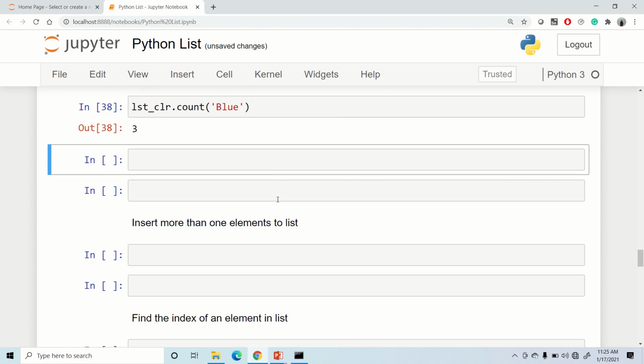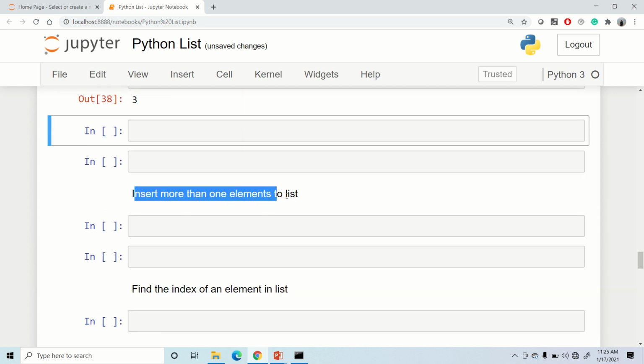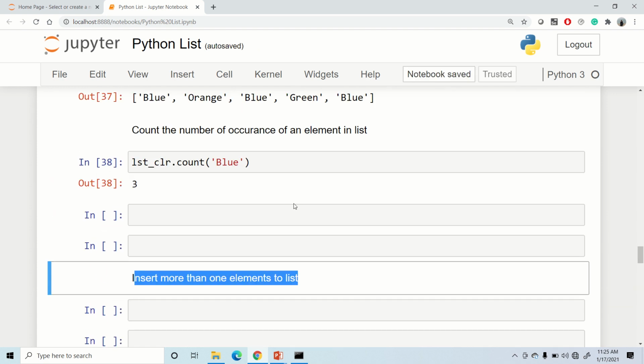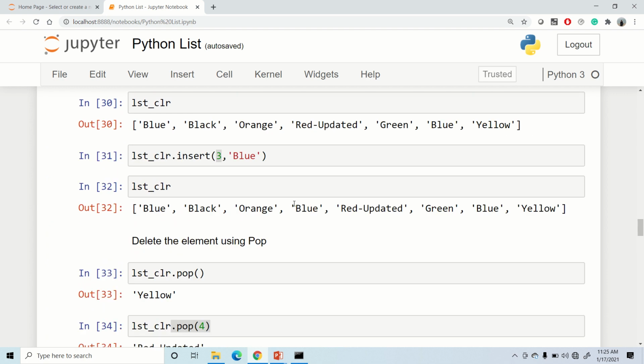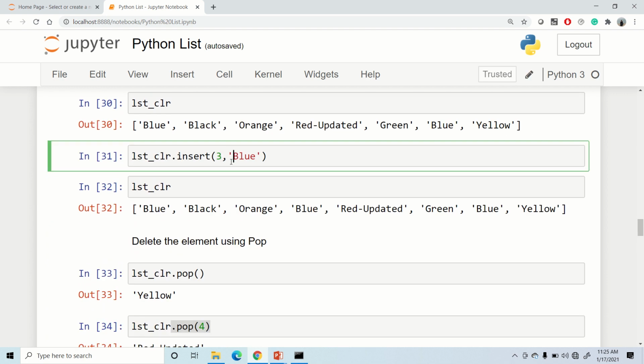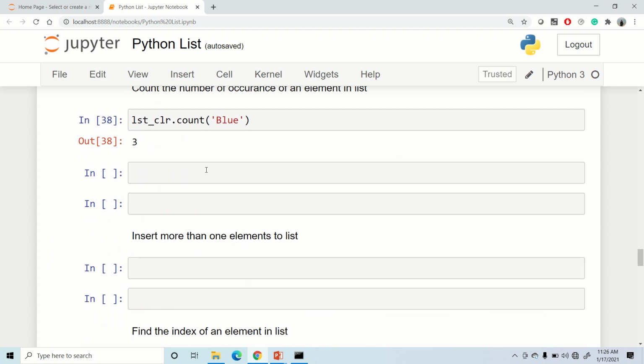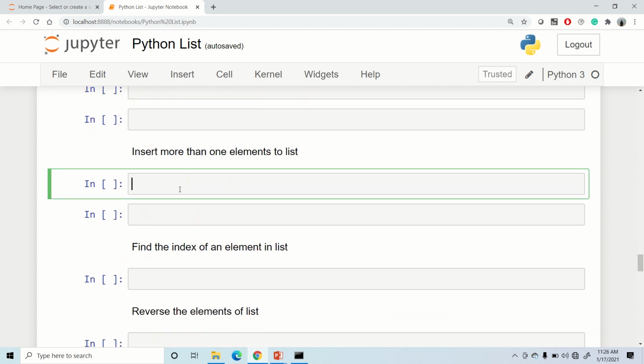Great. Now, inserting more than one element in a list. We have already seen how to insert elements using the append method and insert method. But in case I want to insert more than one element, how can we do that? We can make use of the extend method for that.